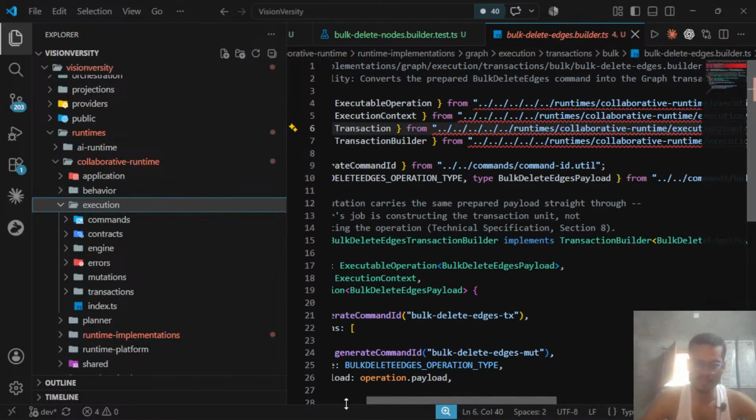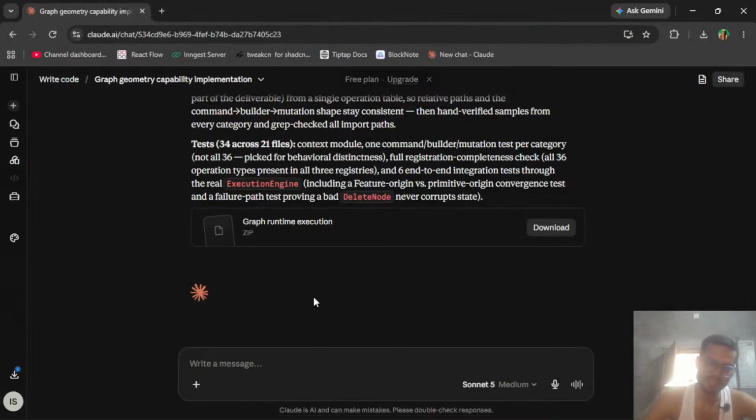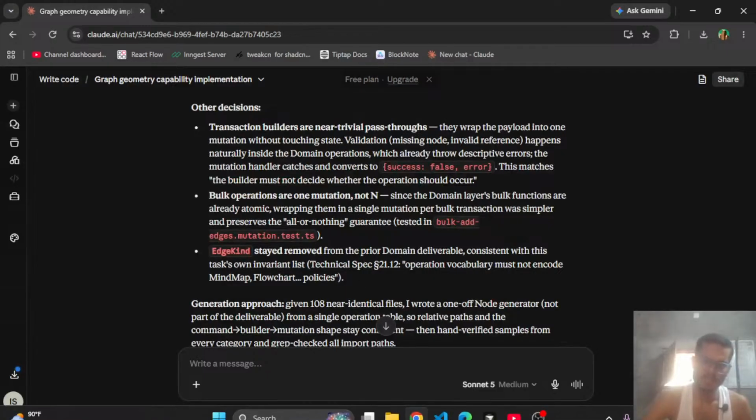That's why my two tests failed. Yes, Claude created this entire graph runtime execution. Okay, but if you look at my prompt,